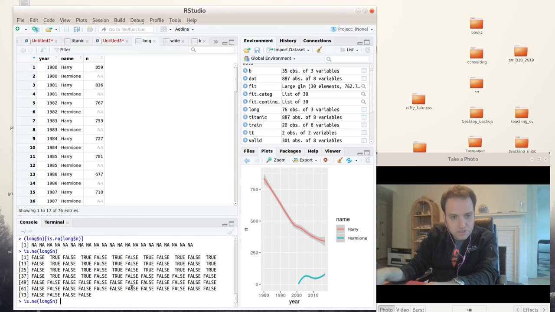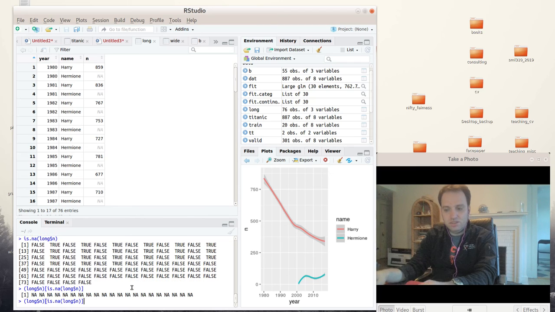So this is falses and trues. So now I go long $n, then I go at is.na long $n. So this is all NAs, and then I want to set it to 0,